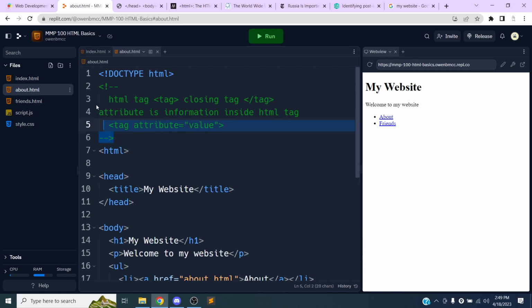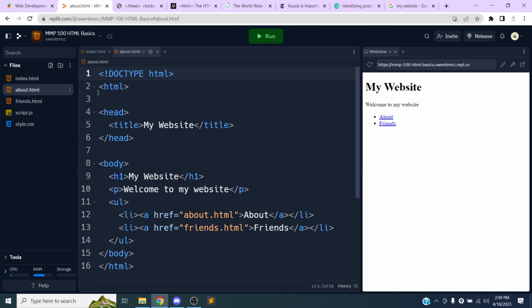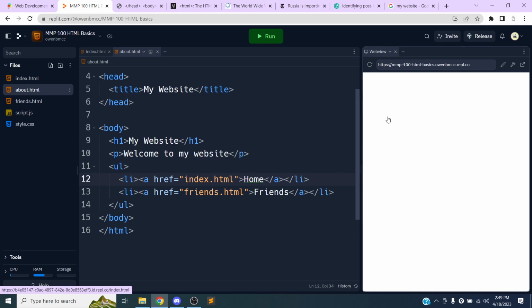So I'm going to edit this about page. I'm going to actually just take out this comment because that's just some notes on our page. And then since we're on the about page, we don't really need a link to the about page. So let's change this link to a home link. So I'm going to change about.html to index.html, and I'll change the text that we see on the page to home. Okay, so now that's my main page. If I go to about, you can see I have home and I have friends. So I can go back to home, go back to about,